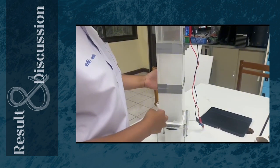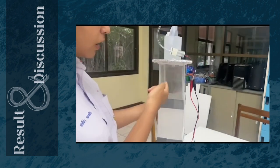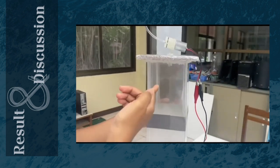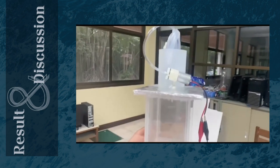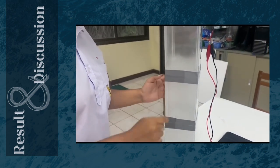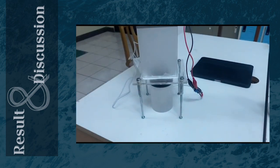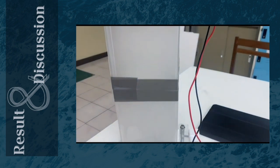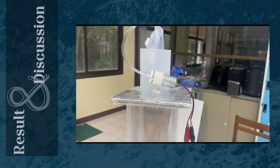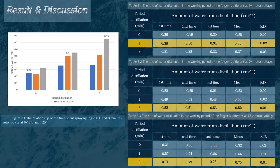Result discussion from experiment 1. We designed a column that was efficient in working, and the ultrasonic device could increase the humidity in the air well, consistent with the experiment of Mr. Ahmed A. Turab. From experiment 2, the suitable height was 45 centimeters, which can distill pure water with 0 ppt salinity from seawater of 35 ppt salinity. At the motor voltages of 6 volt, 9 volt, and 12 volt, it was found that the fogging period of 0 minutes gives less steam than that of